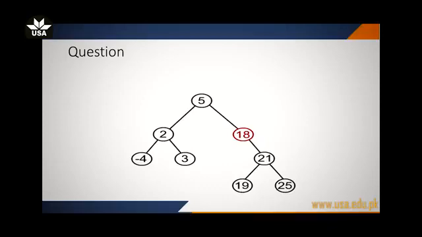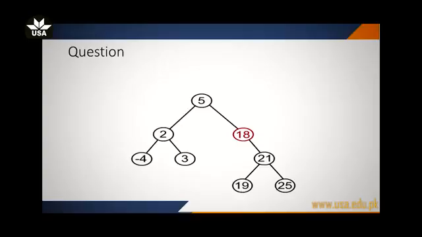18. As you can observe, this is case 2, as 18 is not a leaf node, so this is not case 1. 18 has a child, a right child, which is 21 in this case. So this is case 2, in which the value to be deleted has a single child. In this case you simply have to bypass the node. You have to connect 5 with 21. In this case you can observe the property will be preserved. There will be no distortion in the binary search tree.